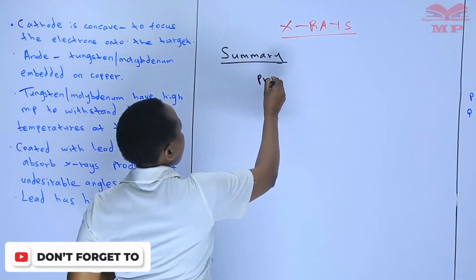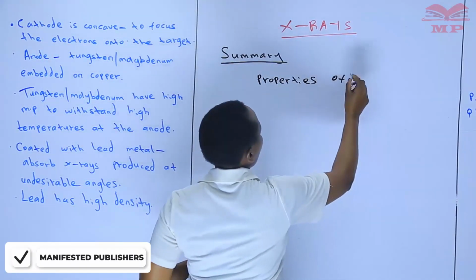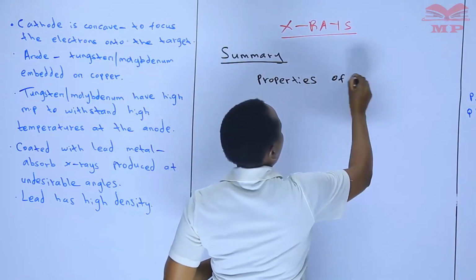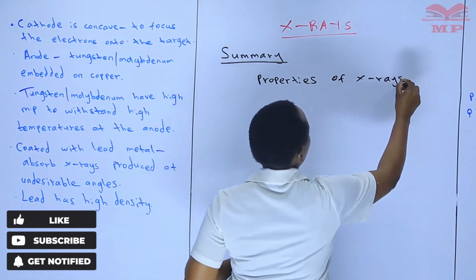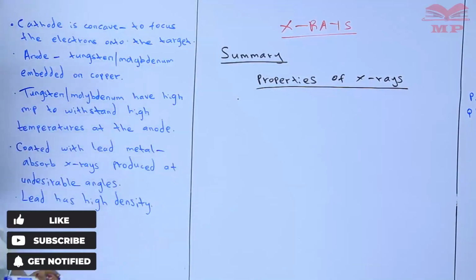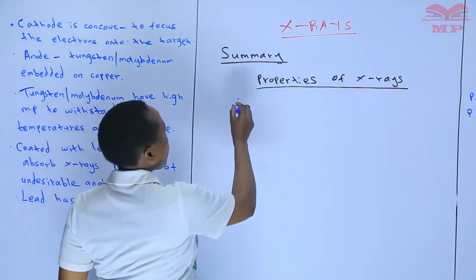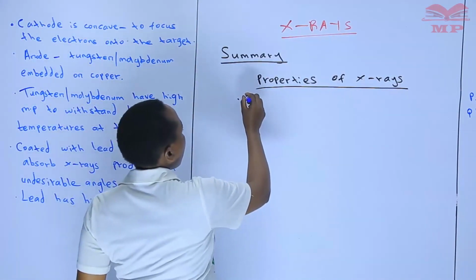So the properties, in summary, properties of X-rays. So we were able to state 8 of them. So we said one of the properties of X-rays is that they are not